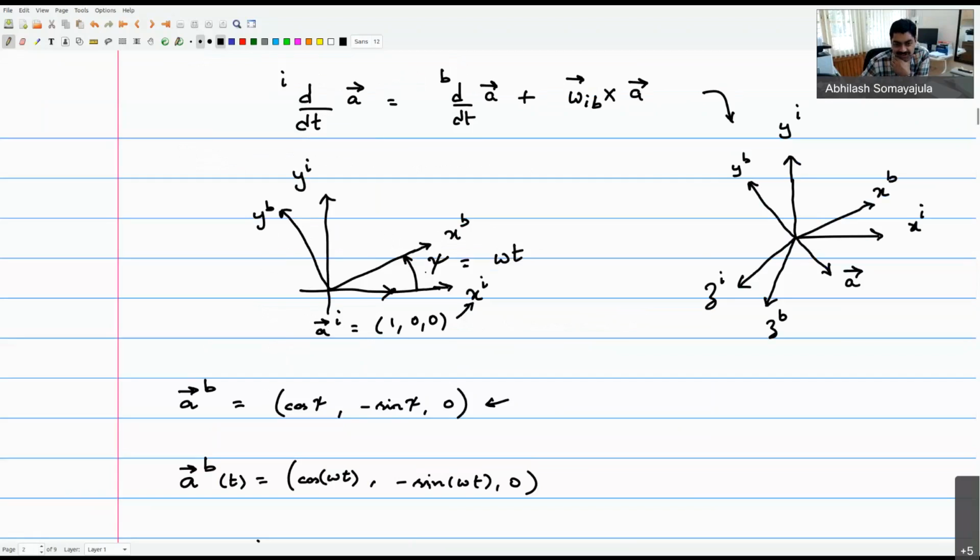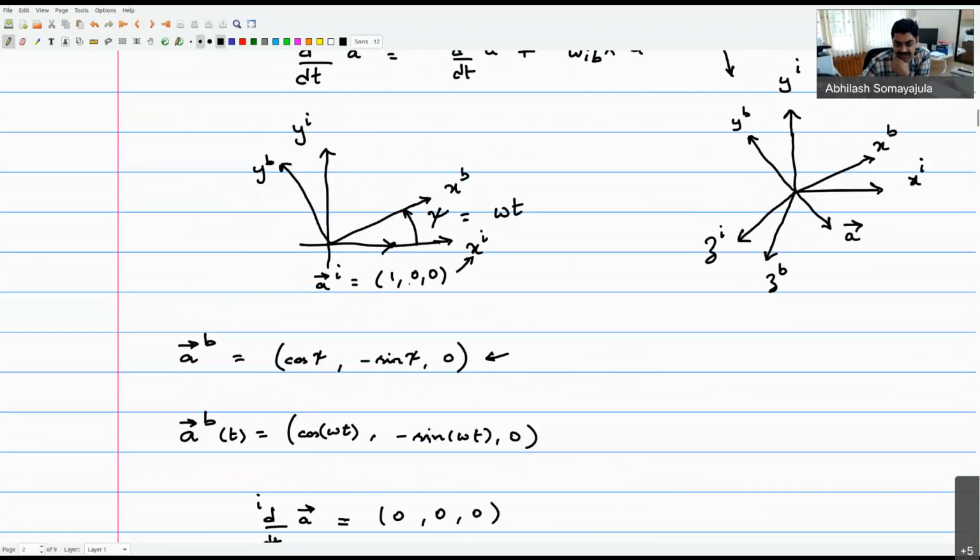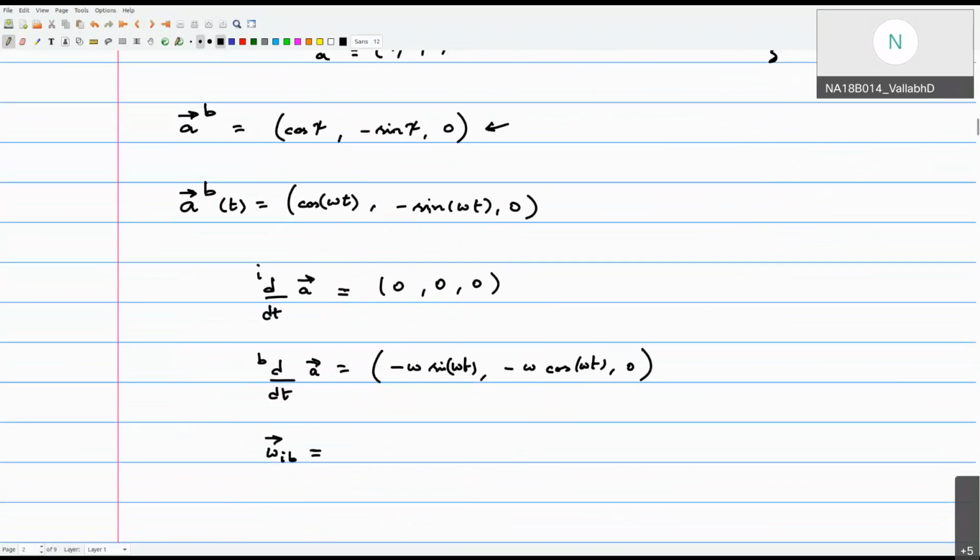How is the angular velocity of the body denoted? In this case, what will the angular velocity of the body be, assuming that it is rotating by some value omega? It will be 0, 0, omega, right? So that will be my angular velocity, 0, 0, omega. All right, and now I want to take a cross product of that with